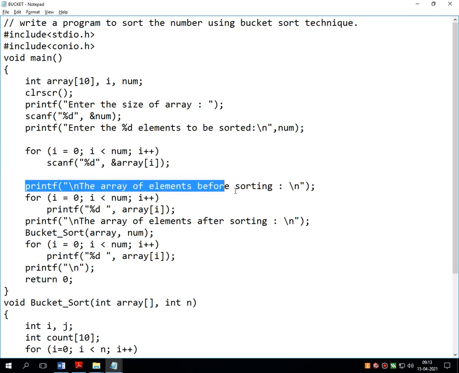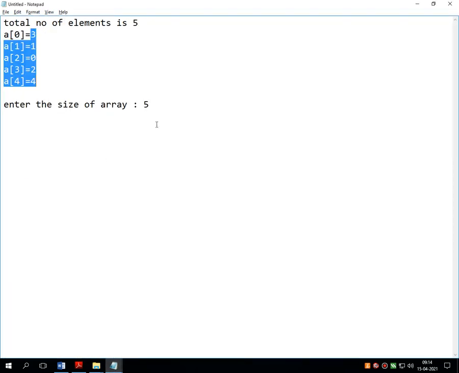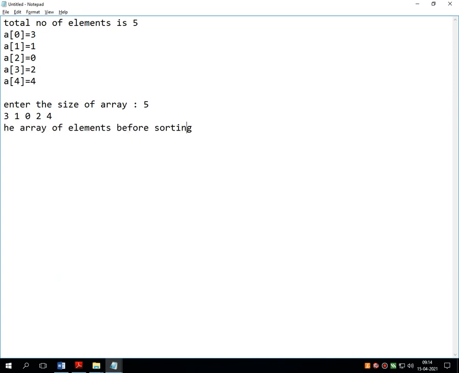Then there is one message, the array elements before sorting. That means this type of message comes once you enter these values, the array elements before sorting, and this unsorted list is going to be printed onto the screen like this.